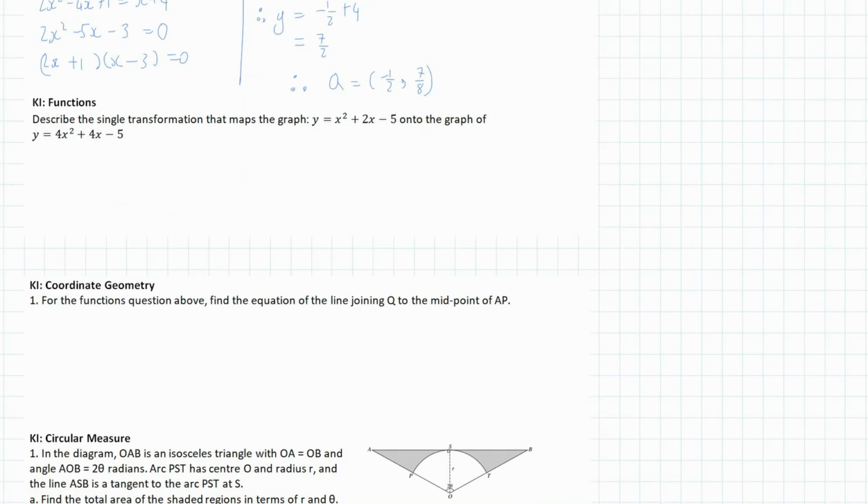Let's look what we've got here. So this remains the same in both cases, but then you've got 4 here, a 4 there, but you've got nothing here and a positive 2 here. So it looks to me like what we're doing is, if the original is x squared plus 2x minus 5, it looks to me that we're doing f(2x), so that'll be 2x squared plus 2 into 2x minus 5. So if we're doing f(2x), this is therefore a